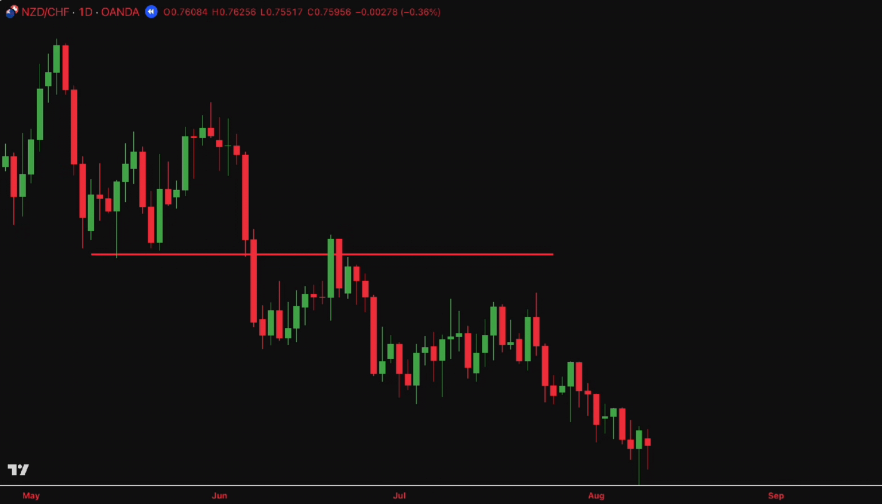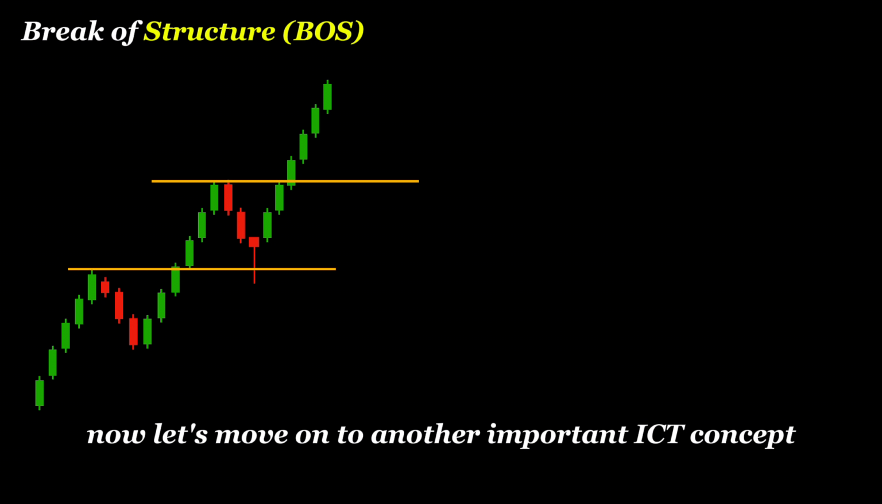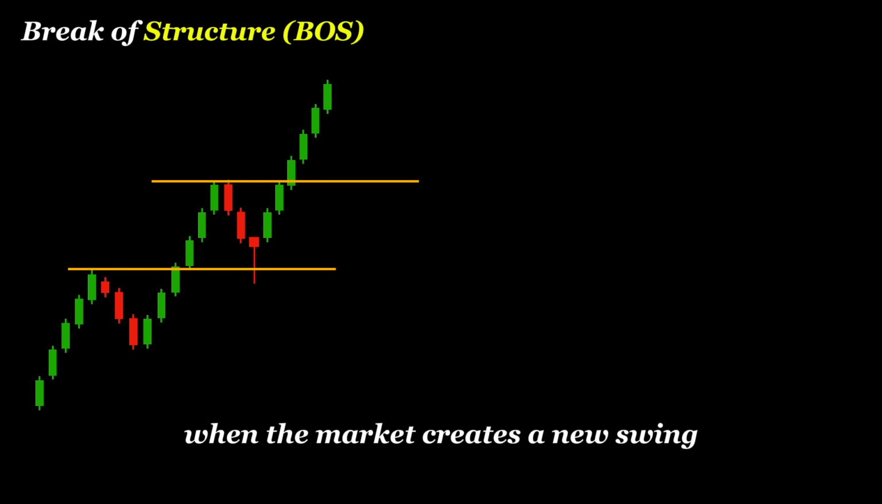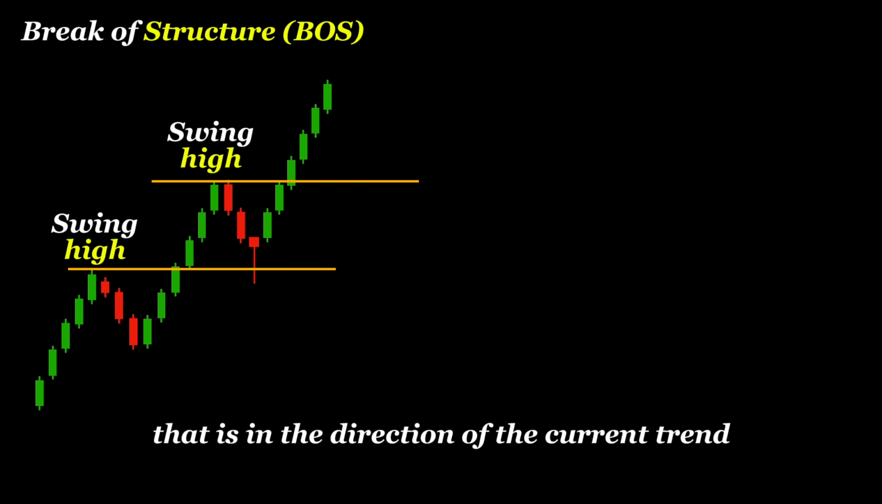After sweeping the liquidity above the resistance level, the market resumed its downtrend and continued moving lower. Now let's move on to another important ICT concept, the break of structure, or BOS. A break of structure occurs when the market creates a new swing that is in the direction of the current